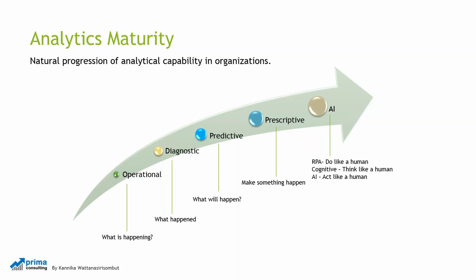Robotic process automation is one that is programmed based on rules. The machine will know what to do like a human. Second, it's cognitive. It will think like a human. And lastly, the most advanced one is the AI. The machine will be trained and self-taught to act like a human. These capabilities are not to replace humans. They will enable us to anticipate problems to the next level.